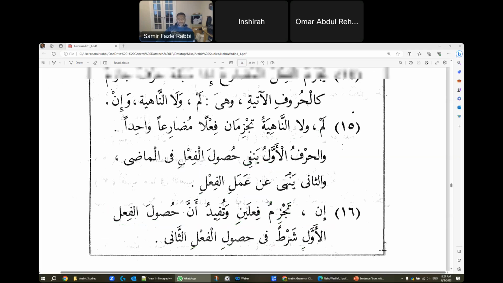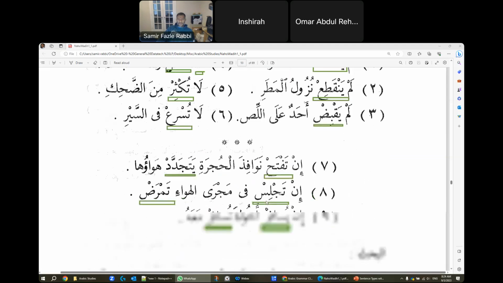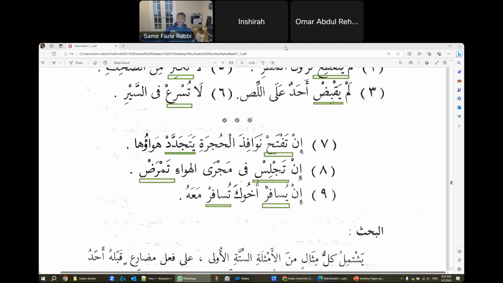So we'll go through. Did we see any examples here? Did they do any of those? Oh, they did do them. All right. So here we go. They did them. So in taftah nawafidh hujrati,